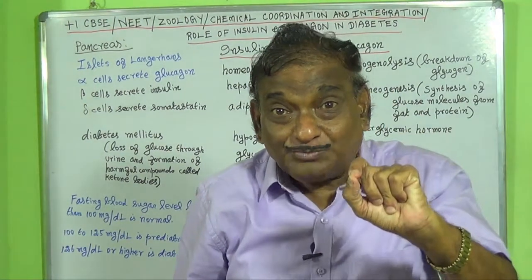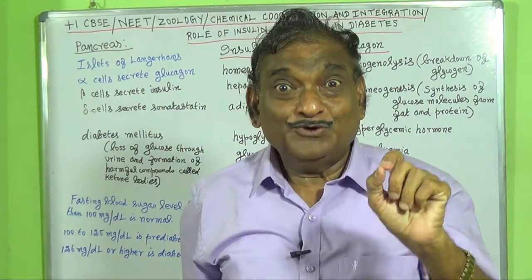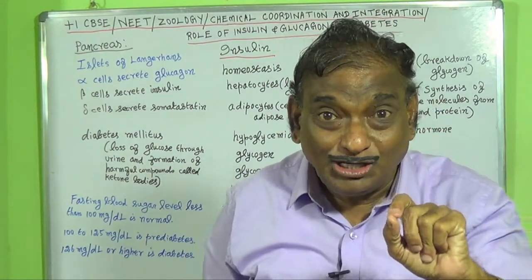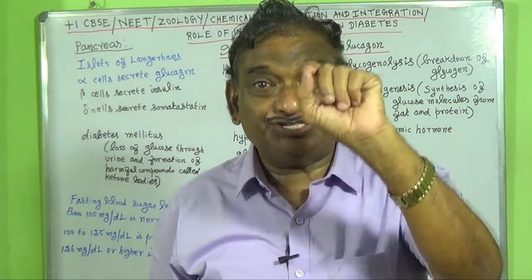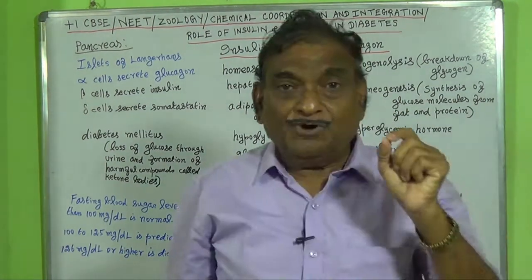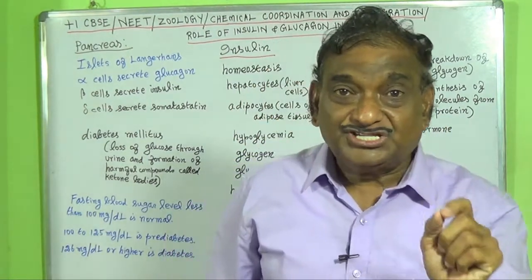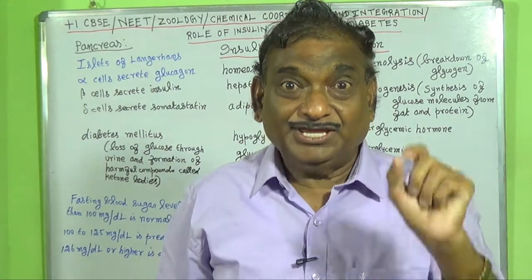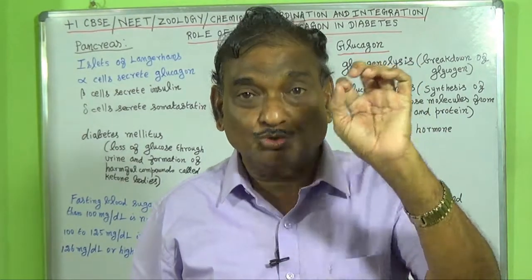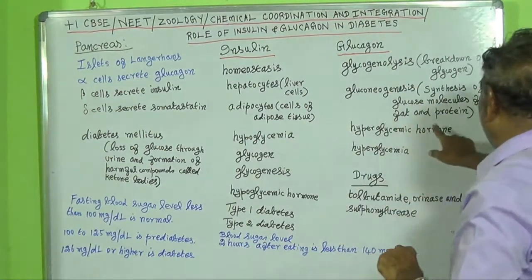The second function of the glucagon is synthesis of glucose from the proteins and fats. This process is called gluconeogenesis. What is the process of gluconeogenesis? It is a metabolic process in which organisms synthesize the glucose, that is blood sugar, for the catabolic reactions from the proteins and fat.